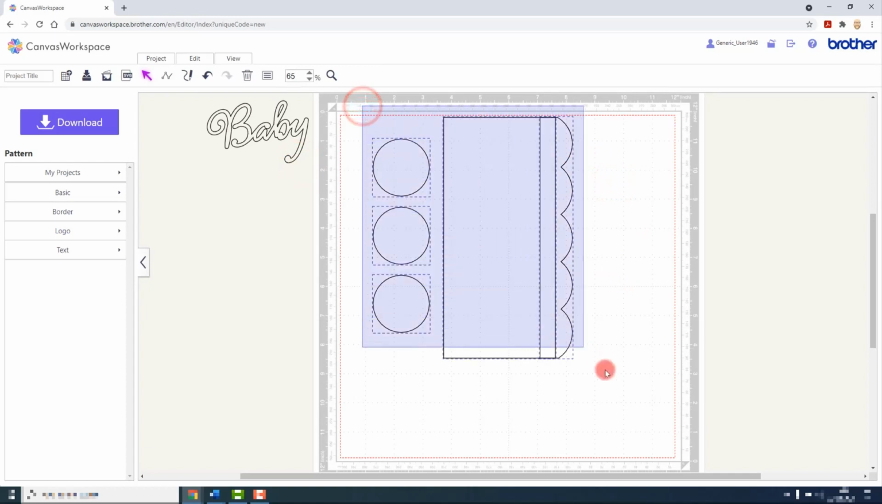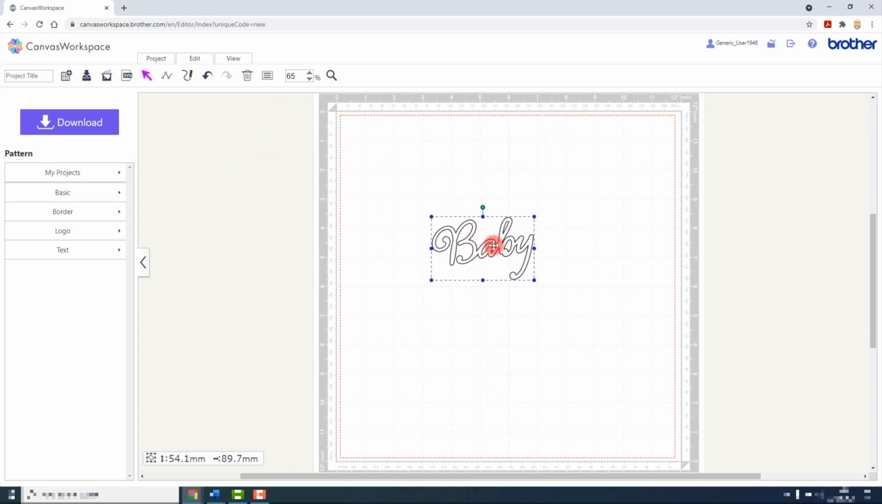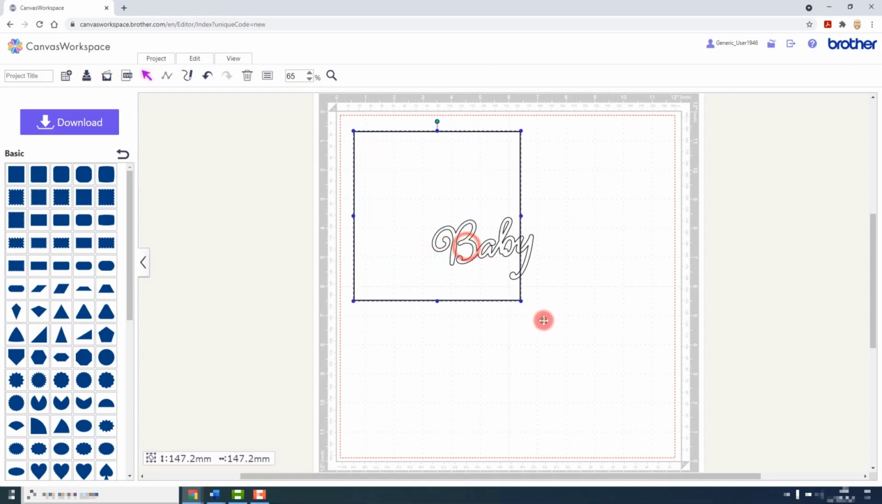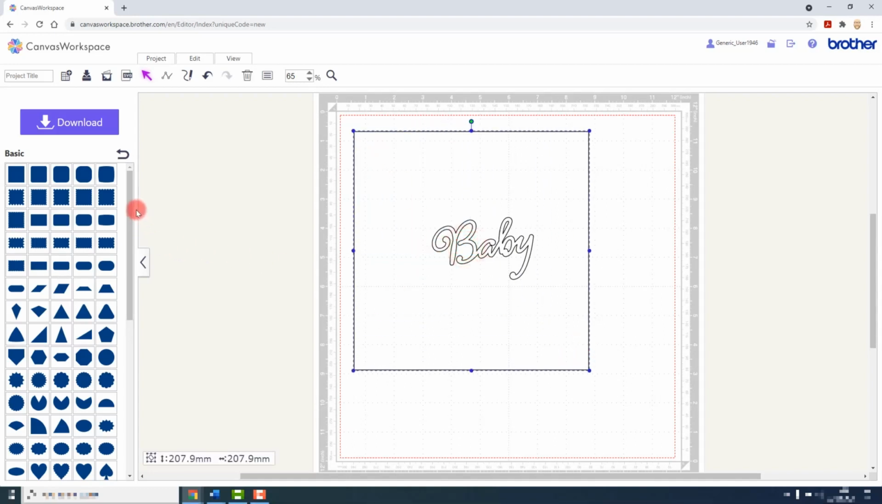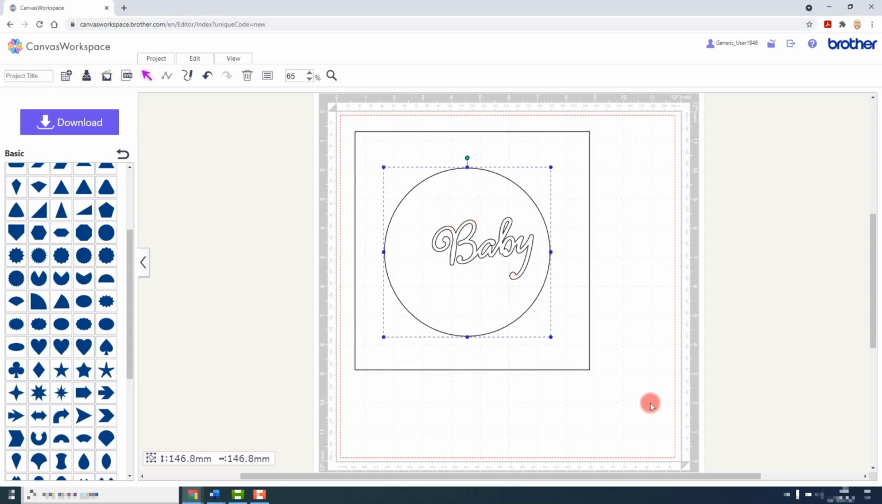Now let me clear these down and I will give you another example. Say for example I want this baby word to feature in the center of an aperture card. So let's emulate that aperture card by bringing on a square and a circle. So I will resize both of these to fit, and then I would select all 3,